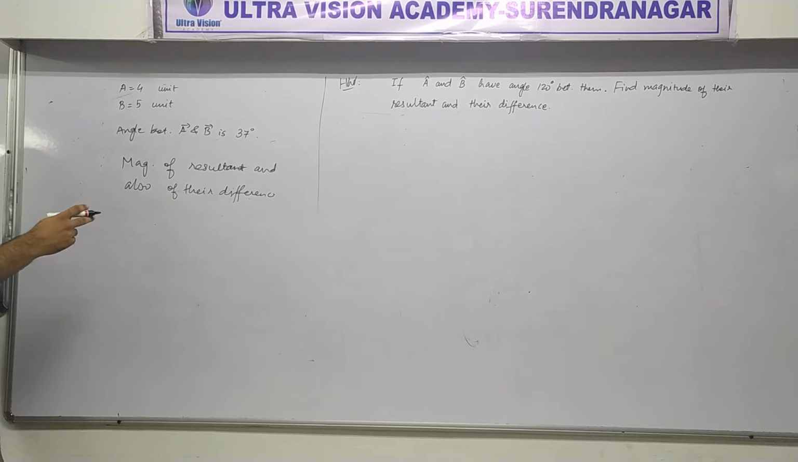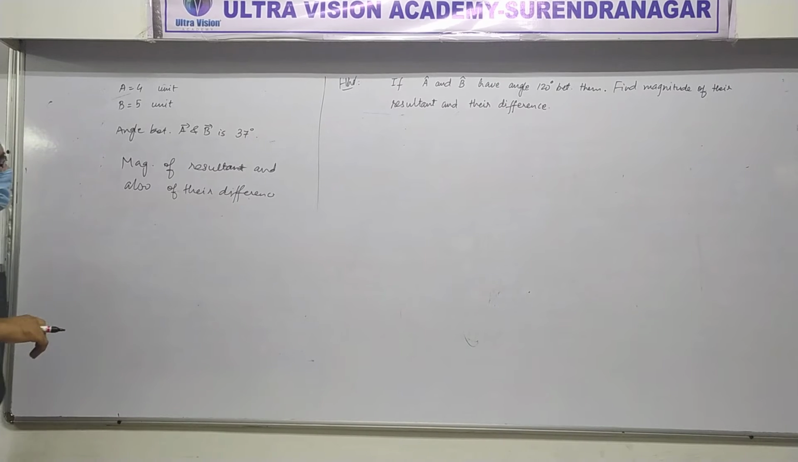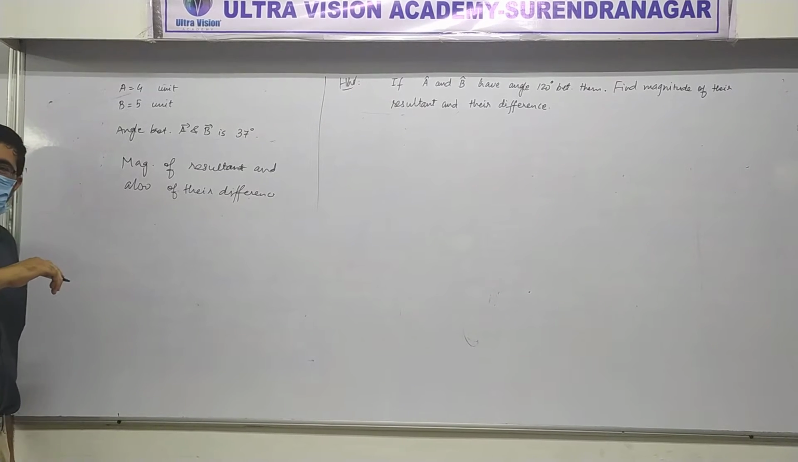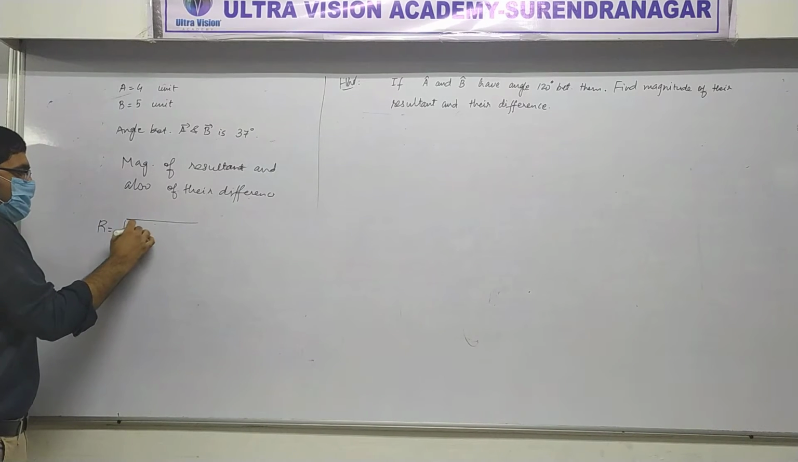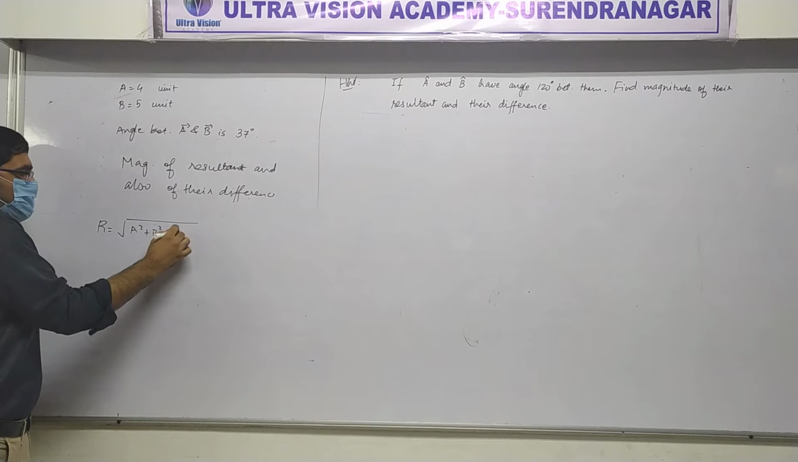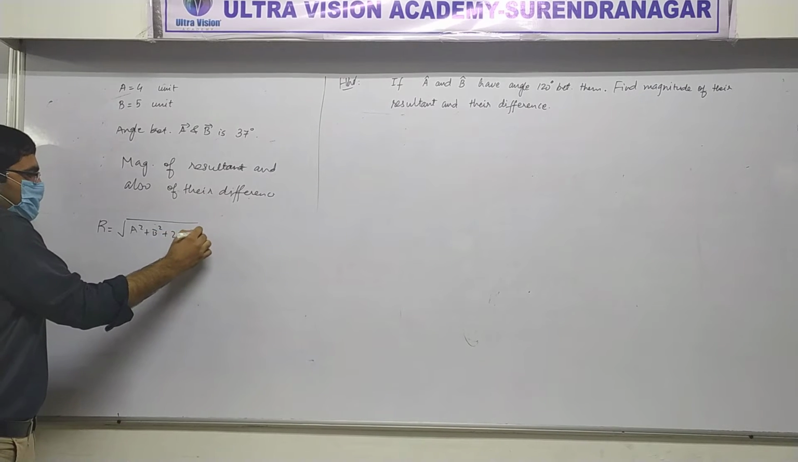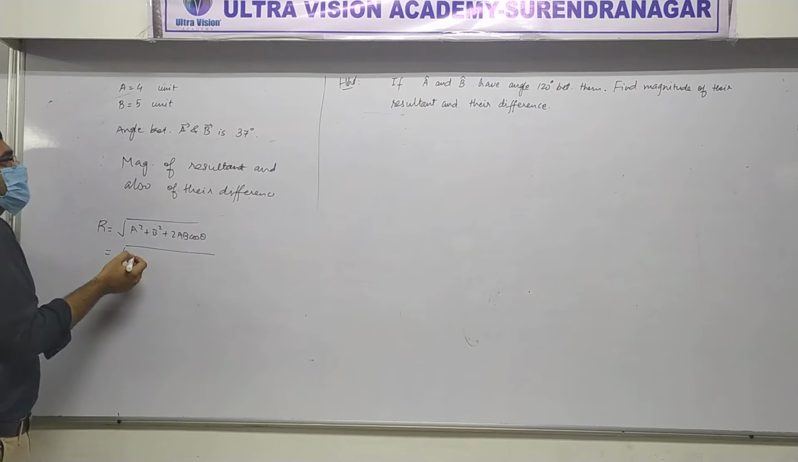Completed? Carefully. Formula is for us, yes or no? Yes. So first of all, magnitude of resultant R is equal to what's the formula? Square root of A square plus B square plus 2AB cos theta. Okay, let's put all the values. A square